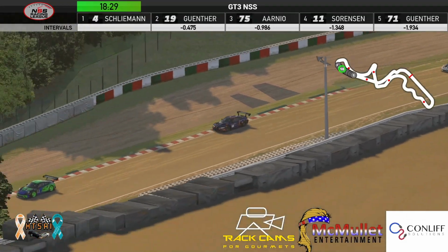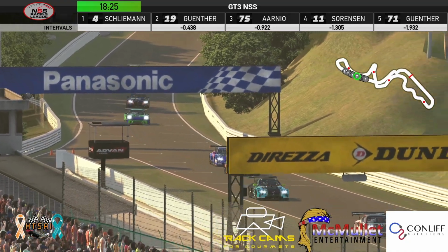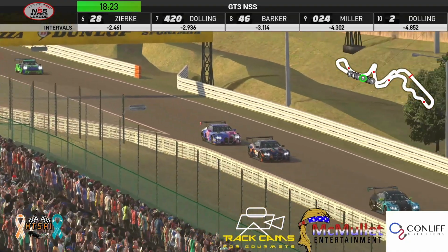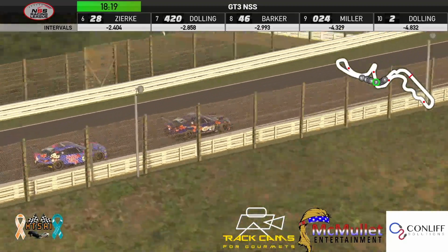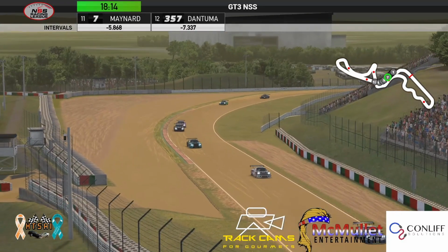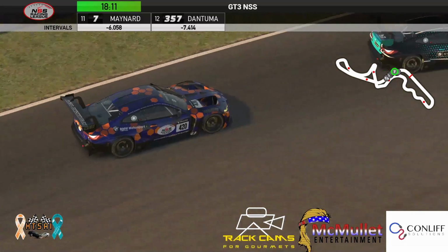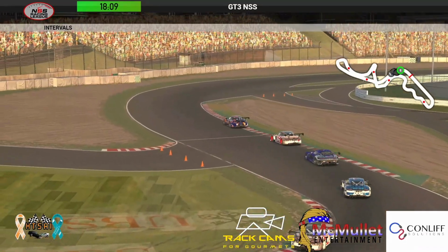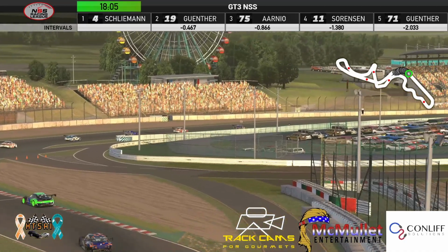Giancarlo running the same paint scheme as Team Dolling here this morning. Newbie, you guys should come run this. Oh, we've got one of the...